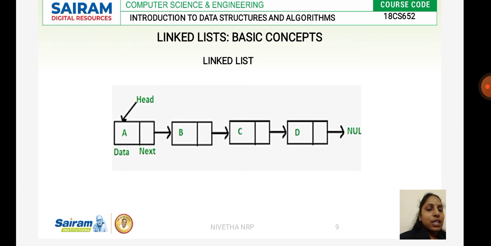Next element is D, so it is representing the address of the next element D. So D is the last node in the list. So we use the pointer next link as null, which specifies there is no other data followed by D. So whenever a computer is instructed with the null in the code, it recognizes that it is the last node of the list. This is an example of a linked list.